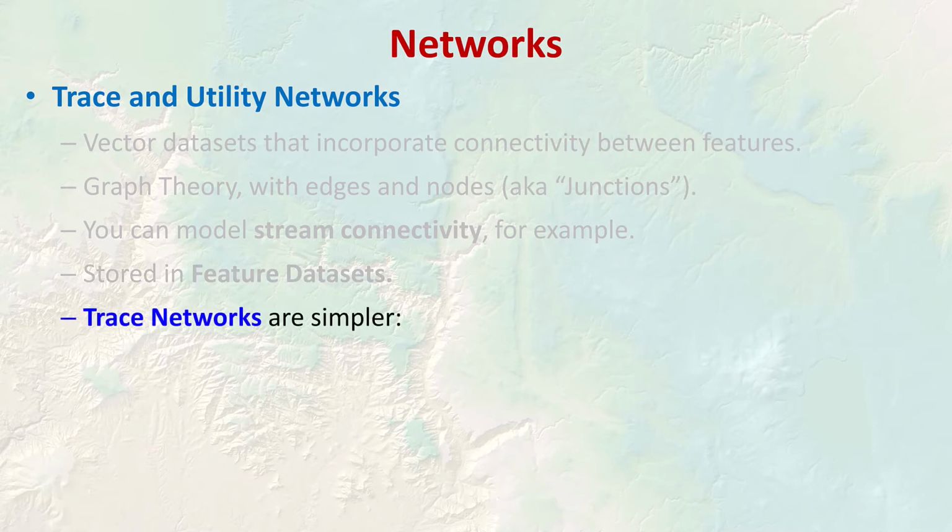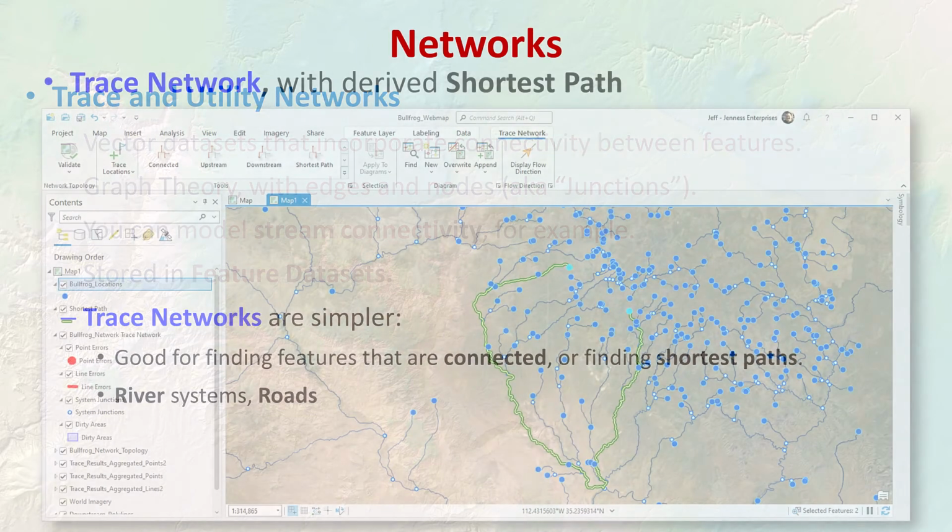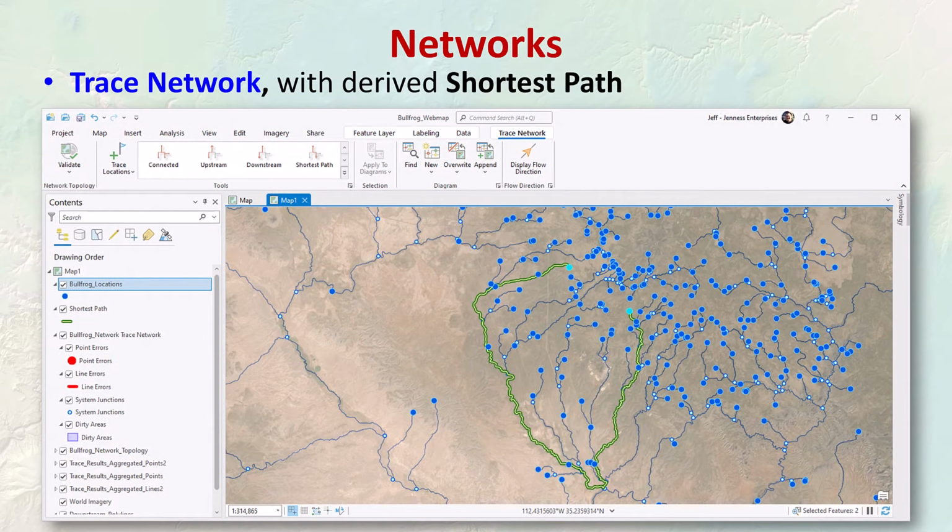Now, trace networks are simpler. They're good for finding features that are connected or finding shortest paths along a route. Some examples might be river systems and roads. You want to find the shortest distance between two sites that's constrained to the hydrologic network, for example. In this case, we're trying to find the shortest path between two bullfrog sites, and we'll do something like this